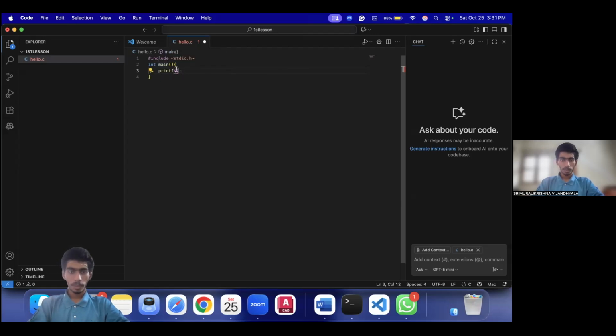Now, in printf, we'll write quotes. These quotations help us to write string values or basically any type of character. So we'll write hello world. Many people write that as their first program. So hello world, and then